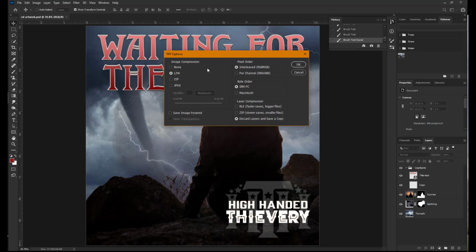The quality is going to determine how much data can be discarded. It's not always the best idea to save as JPEG, especially if you're going to do multiple saves. It will degrade the file. Leave the pixel order radio button at the default,